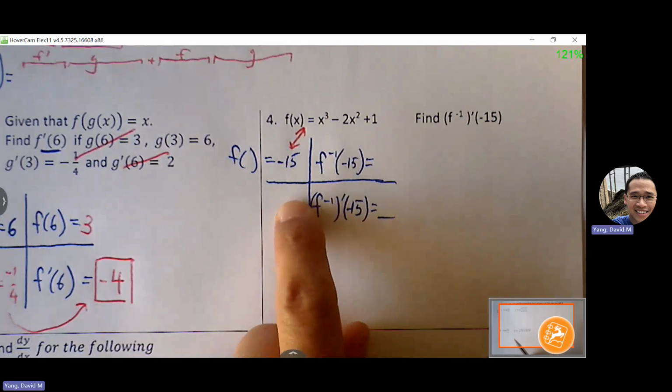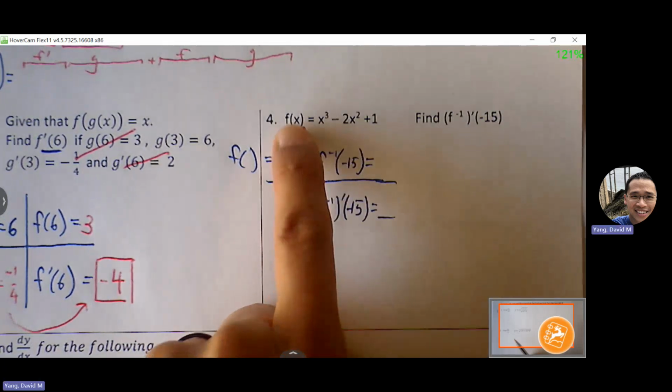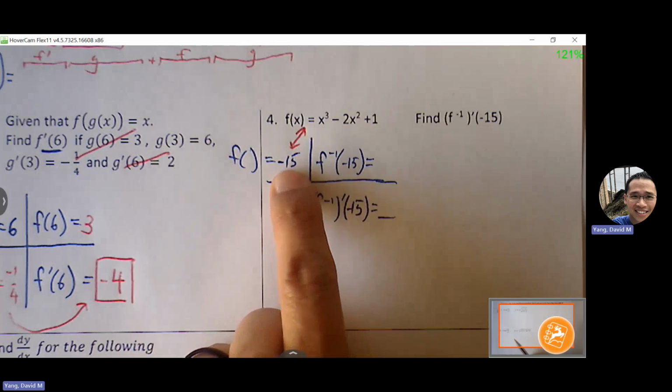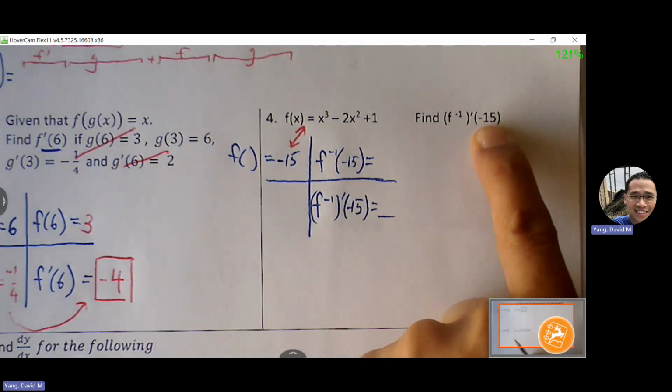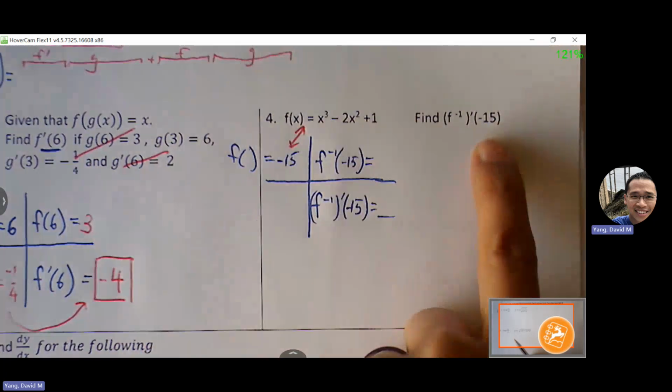What's my next step? Plug in for the y, right? The negative 15 is not the x value of my function, it's the y value of my function. Even though it's showing us as the x value here, we know the x value of my inverse must be the y value of my function, right? So